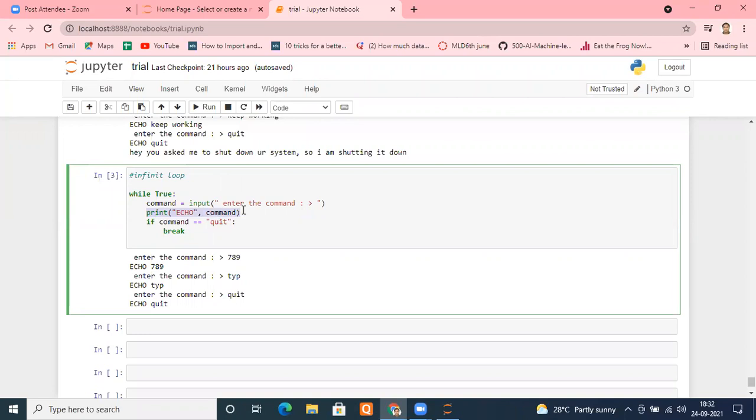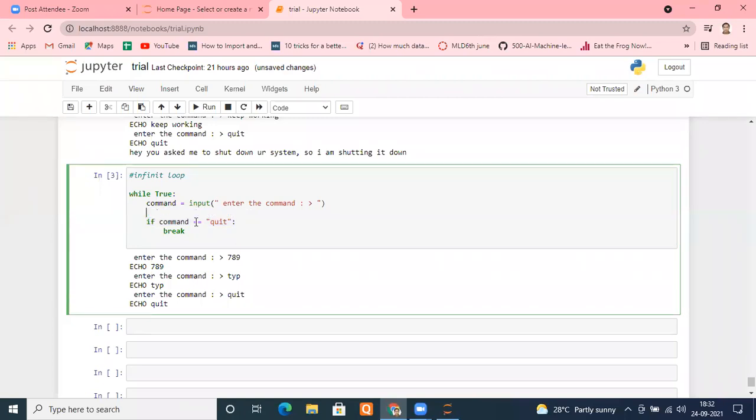Where is the print statement? Print statement is before checking, right or wrong? Yes, sir. Okay, that's why it is printing. If we replace the position of these two, then every time this will not be printed.